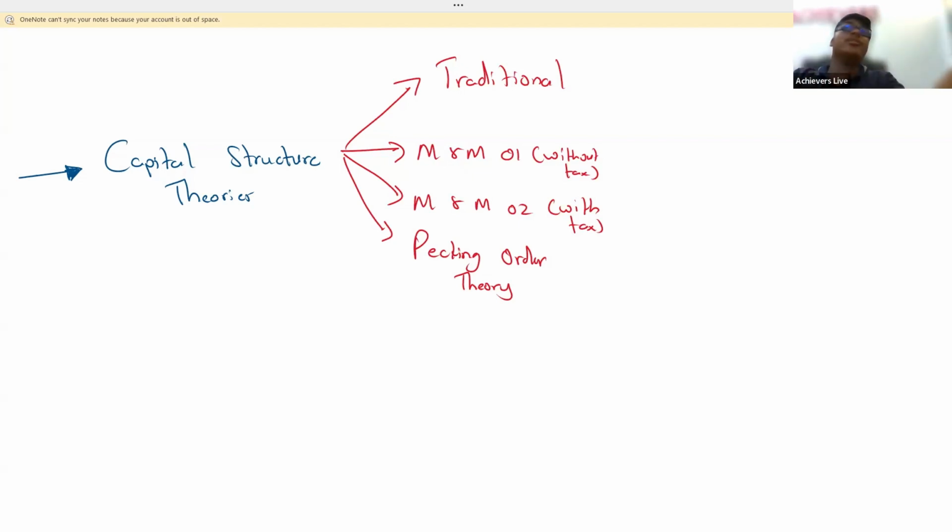If you remember that, you don't need to memorize. What has the lowest transaction cost? Internally generated finance. Next one, debt finance. Next one, rights issue. So you have to remember this. According to pecking order theory, if you want money, first you will go for internally generated finance. Next, you will go for debt. Next, convertible debt. Next, preference shares. And finally, the final option, you will issue new shares. So it is based on the transaction cost.